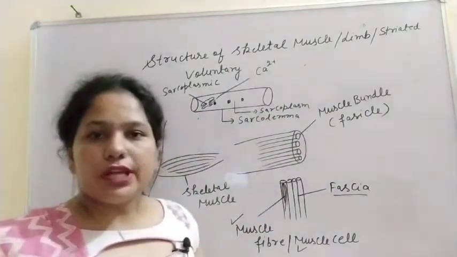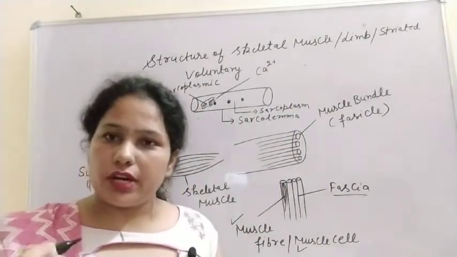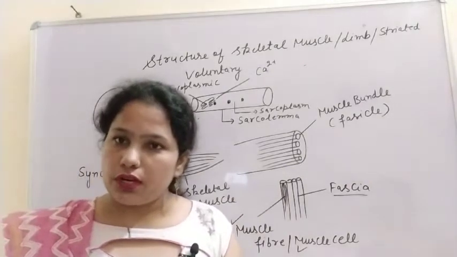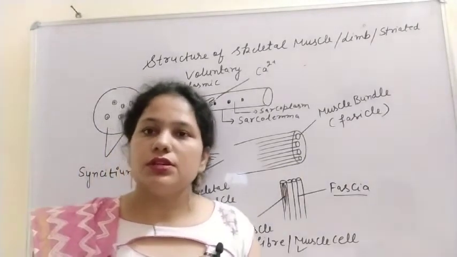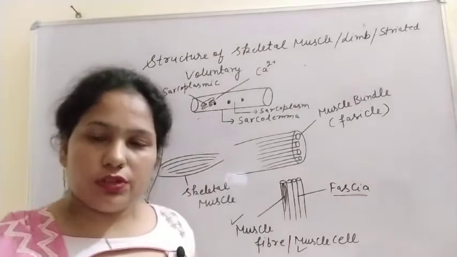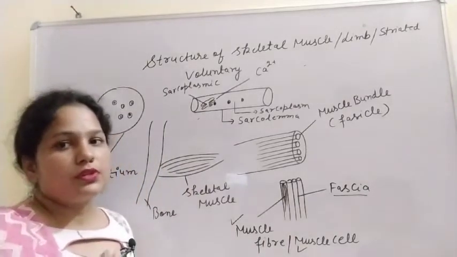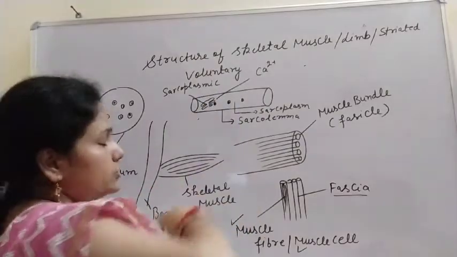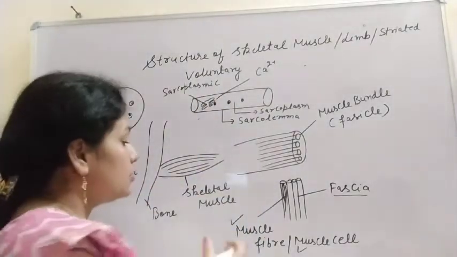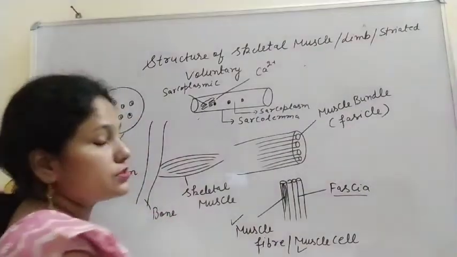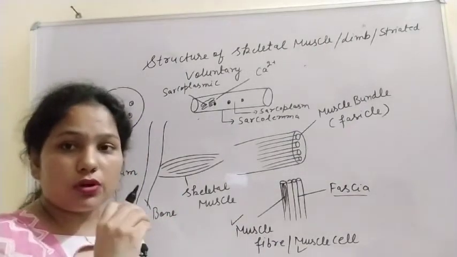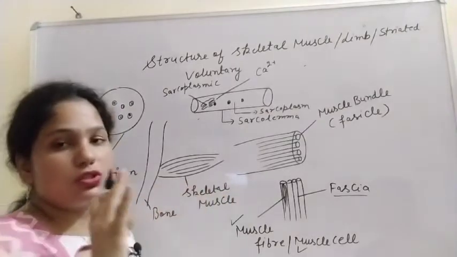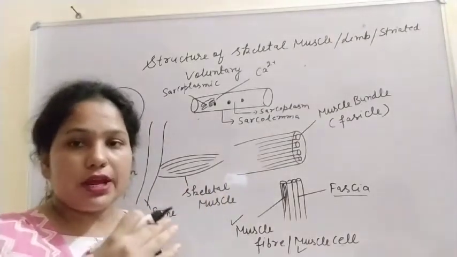I told you that the skeletal muscles are the voluntary muscles. They do the work according to our will, but they require the calcium ion for their contraction. So the stimulus from the calcium ion is required for these skeletal muscles. Now these muscle fibers have some longitudinal structure, meaning those dark bands and the light bands,